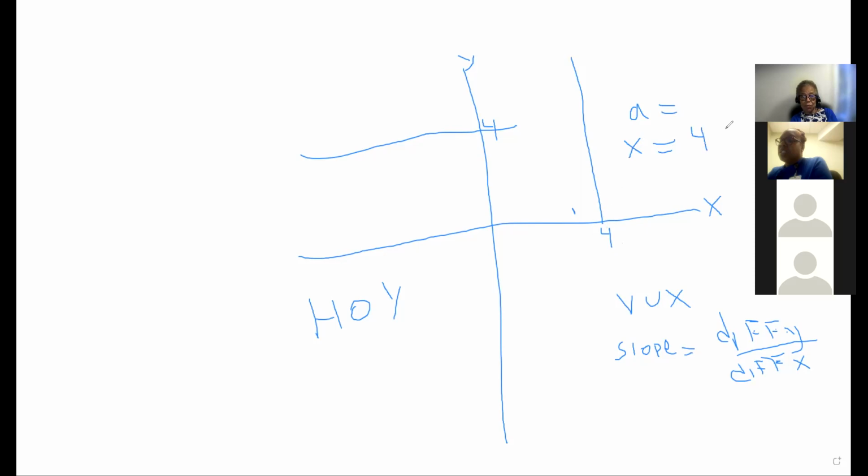And X is 4. Whereas the horizontal, you have Y equal 4. That's a linear equation. Y is 4. Y is equal to 4 represents a horizontal line. X is equal to 4 represents a vertical line. Okay, so just keep in mind Hoy and VUX. V for vertical, H for horizontal, 0 for slope, Y for the line, V for vertical, undefined, X for the line. Okay, now let's go back to